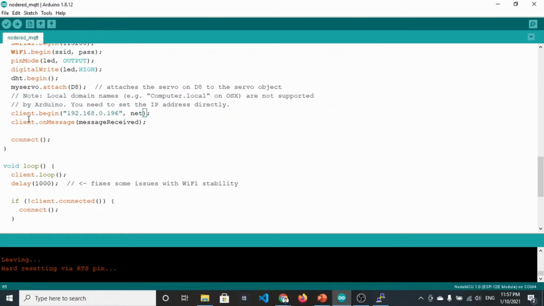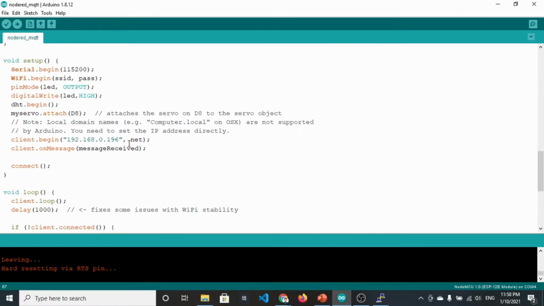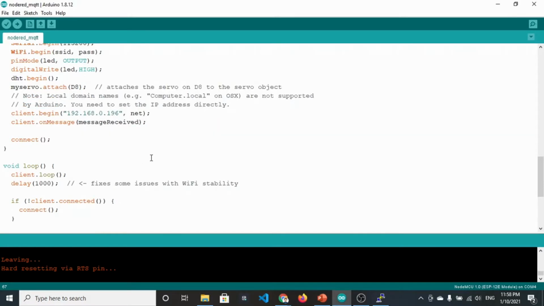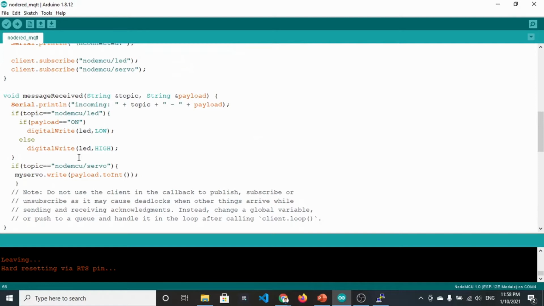You can get this IP address from SSH by simply using the command hostname -i, and you get 192.168.0.196. It will be connected to port 1883, which is the port on which we set up the Mosquitto MQTT broker. The client.onMessage method will handle any message received on the subscribed topics.